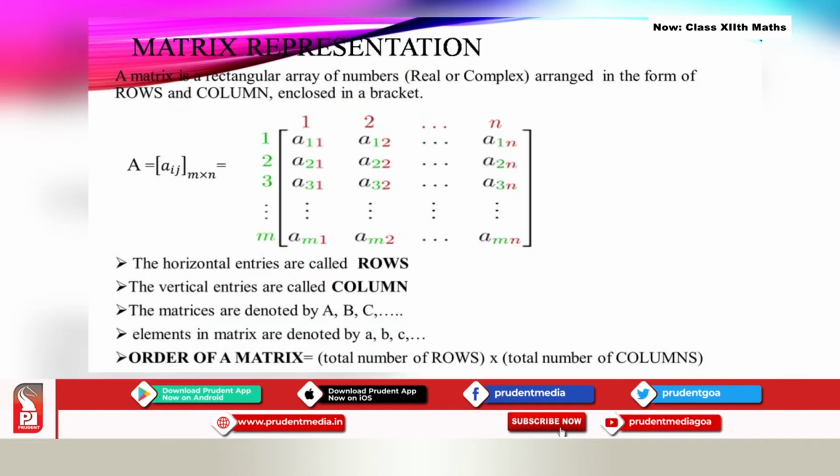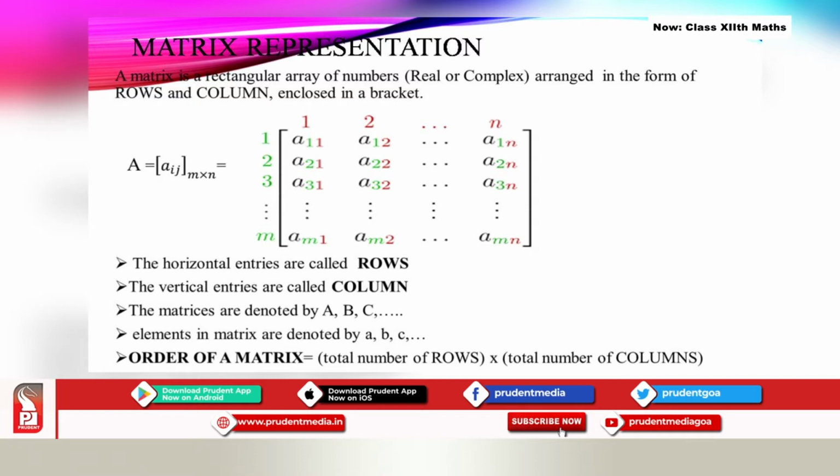Now over here, one thing you people need to remember: matrix is the singular form and matrices is the plural form. So here, since we look at one matrix, we say matrix representation. A matrix is a rectangular array of numbers, real or complex, arranged in the form of rows and columns enclosed